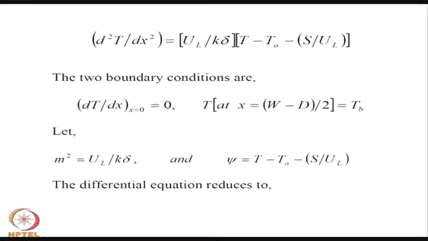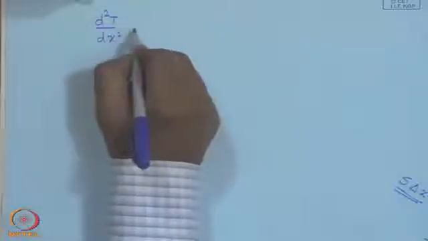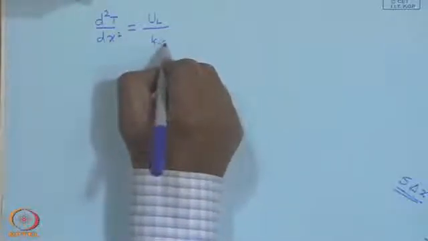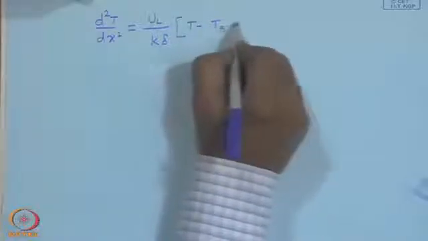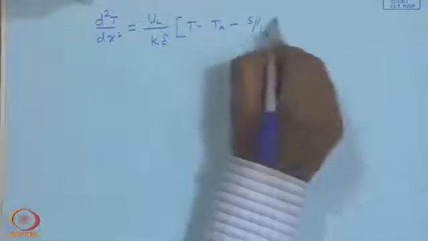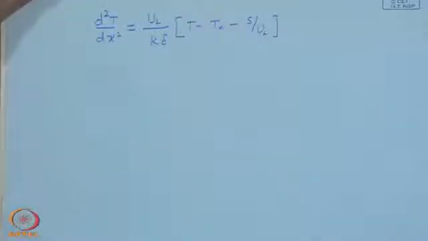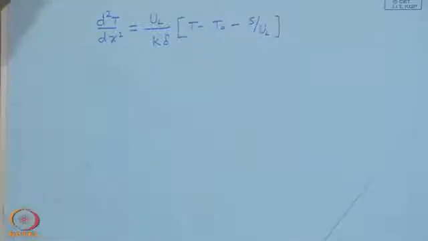So, if you plug in these values, you will get the equation, so this second derivative comes from that d/dx of minus k delta dT/dx, and if I equate that,